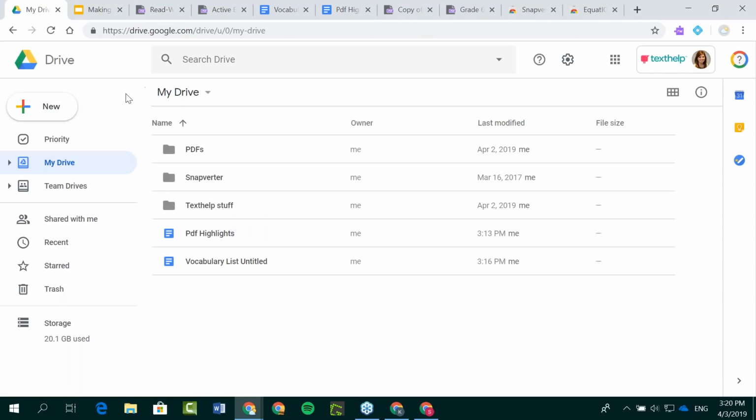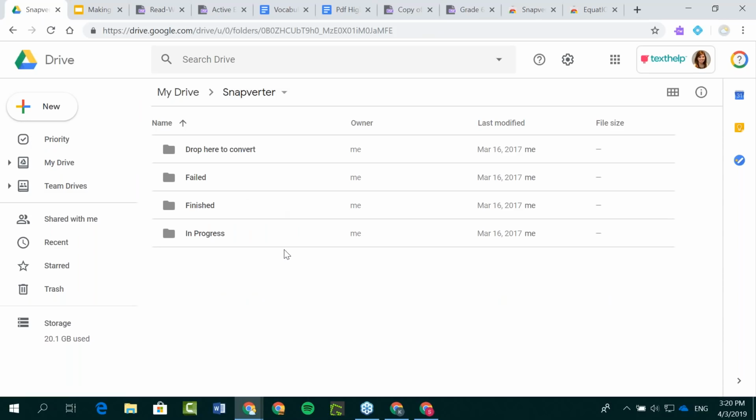So I also have Snapverter installed. When I've got Snapverter, it creates the Snapverter folder in my Google Drive, and it basically just consists of some subfolders where I can drag any inaccessible documents into this top folder, and it will automatically perform that OCR, or optical character recognition. And when it's done, it's going to spit out a nice accessible version of my PDF into